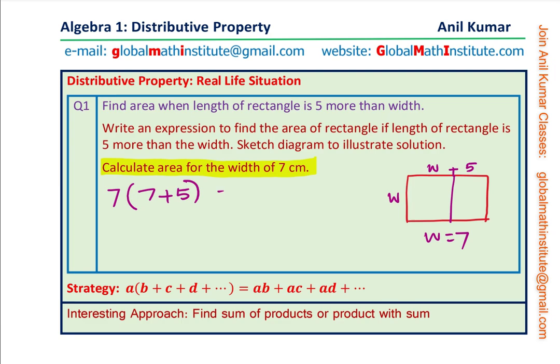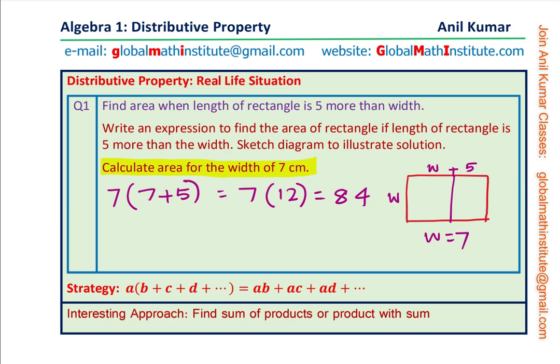So you can, as I said, do it in two different ways. You could multiply 7 with 7 plus 5, which is 12, right? And what do you get? You get 7 times 2, 14, carry 1, and 7 times 1 and 1, 84, right? Or